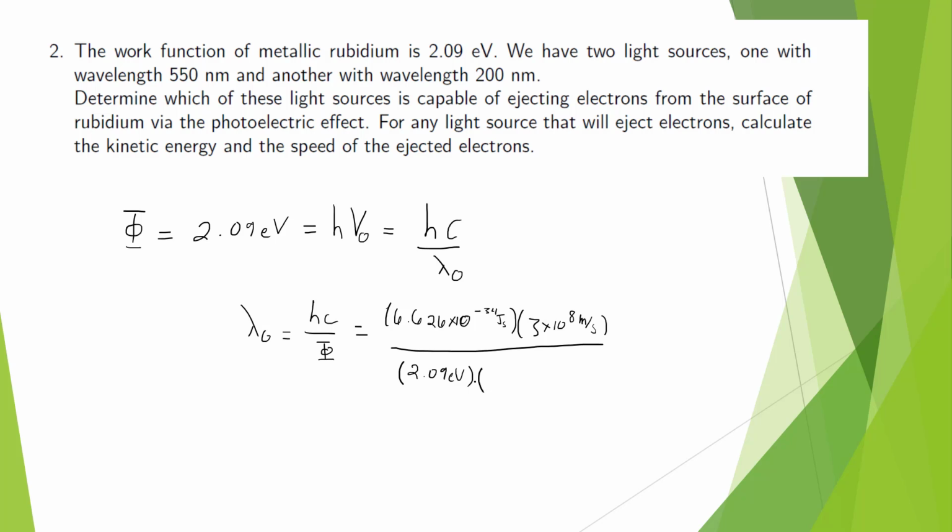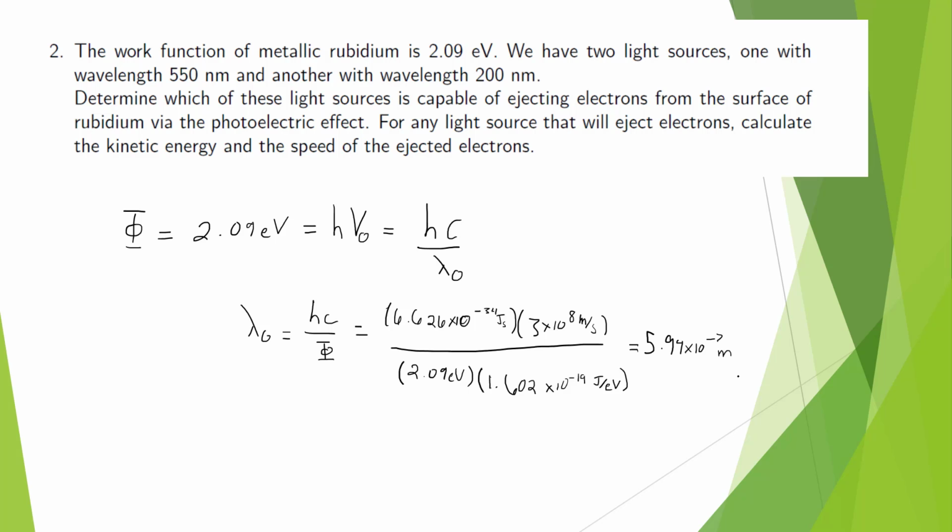We're going to multiply by 1.602 times 10 to the negative 19 joules per electron volt. This is a conversion factor. And this will give us our initial wavelength, which is equal to 5.94 times 10 to the negative 7